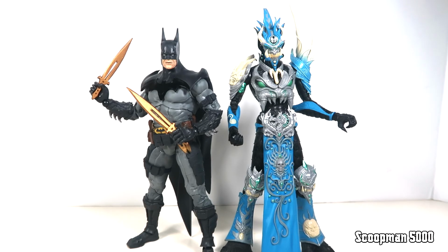So overall, if you're able to find these figures, which shouldn't be too hard, McFarlane really does do a good job with distribution like no other company. So hopefully these will be plentiful in Walmart. I think they might even still be available online. Definitely go pick them up. They got my recommendation. Can't wait for that single colorway, the red and gold of the Mandarin Spawn